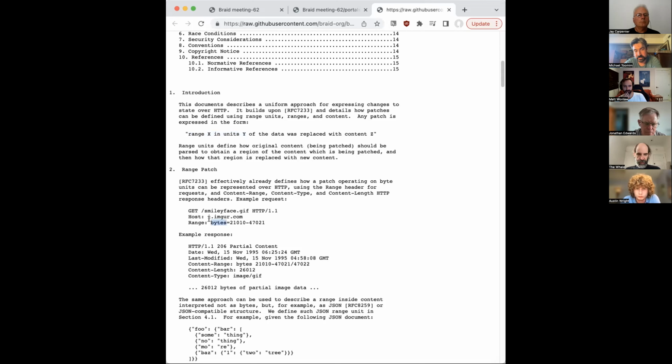Or if you have something like JSON, you could say, I want the JSON, and then instead of a byte range, you would say a range like .A, .B, array element 5 or something. You can come up with your own descriptors of how ranges or regions of your document are laid out. What are the addressable subsets? And then for any of those, you can issue a replace, or in our case, do a splice.